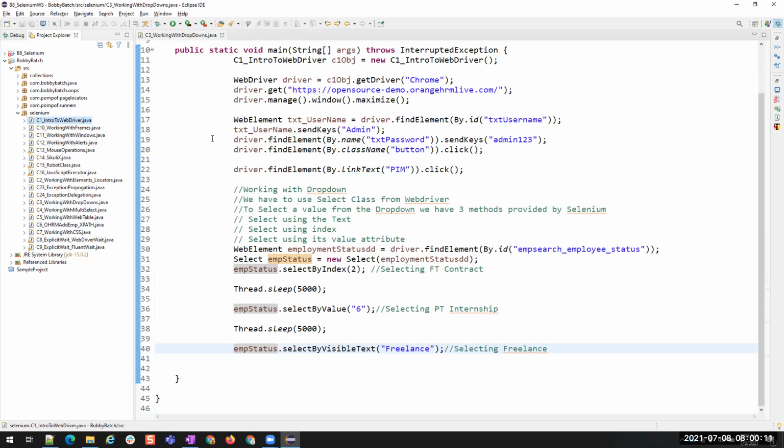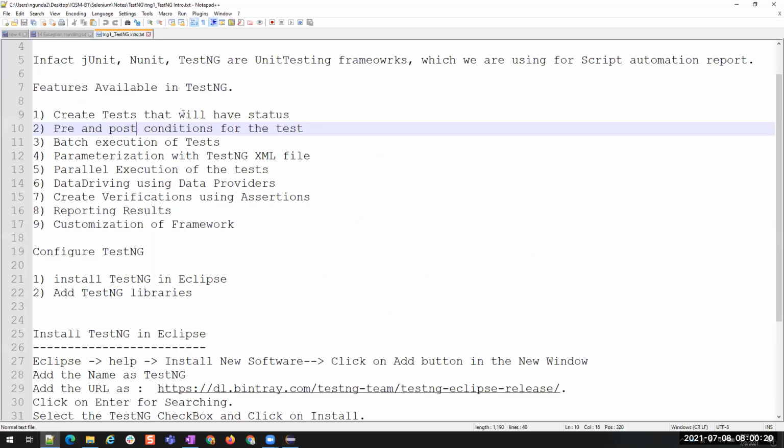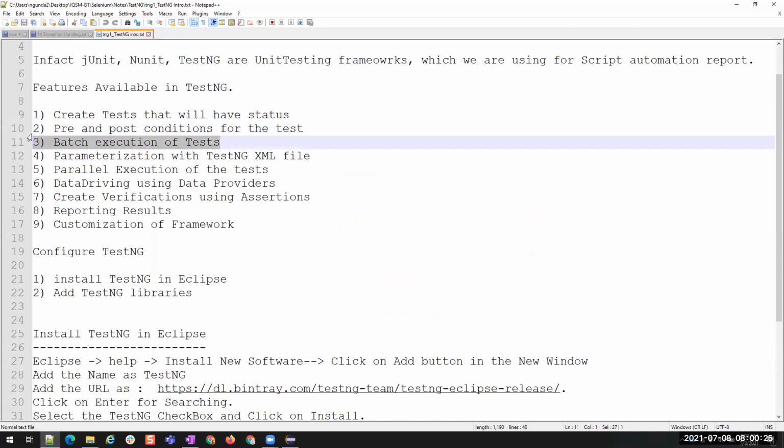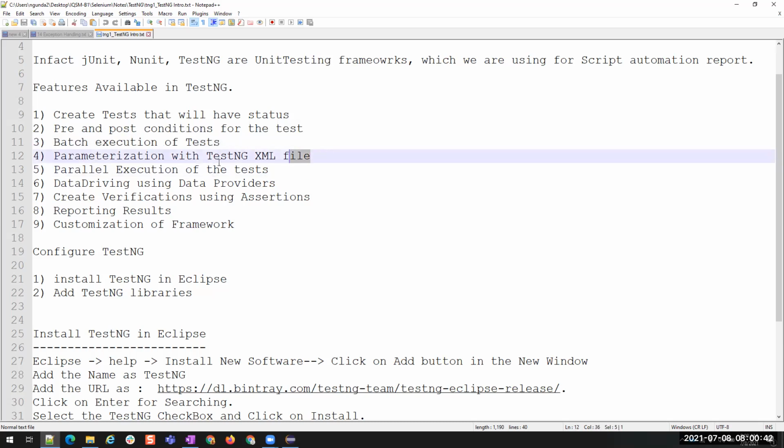That is why, and even a direct WebDriver or Selenium doesn't provide such methods or options for us to run all the classes at once. But TestNG helps us to do these batch executions. You don't have to run them one by one. You can run all of them at once. We have to make some changes, but I'm just explaining the problems and giving an introduction to TestNG so that while we are working on it, it will be easy for you to understand why we are doing this. And then we can pass the parameters via the TestNG XML file.